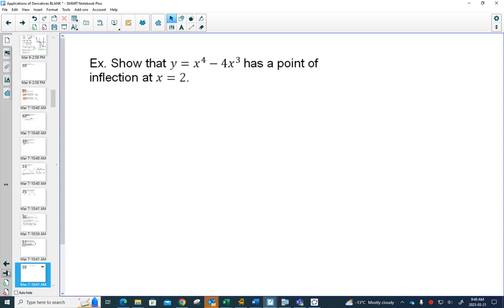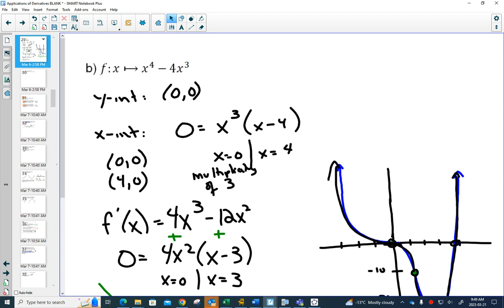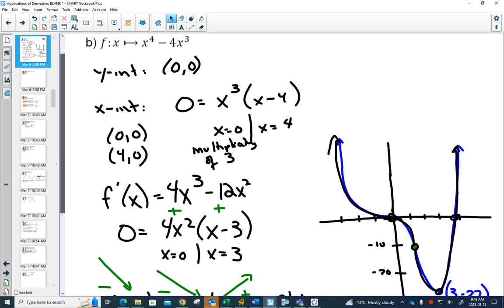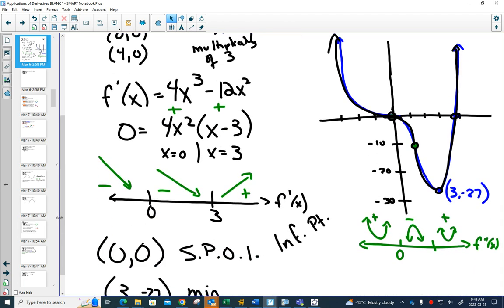So why don't we, in our notes, just make a note that we're going to go back and see our previous graph, which we had right here. We've already done all of this work, but we hadn't found this point. So if we go back to this point now,